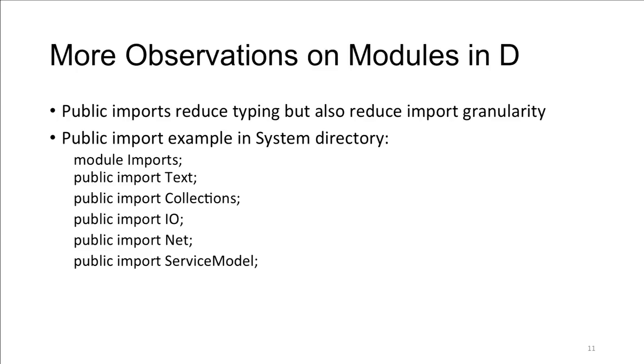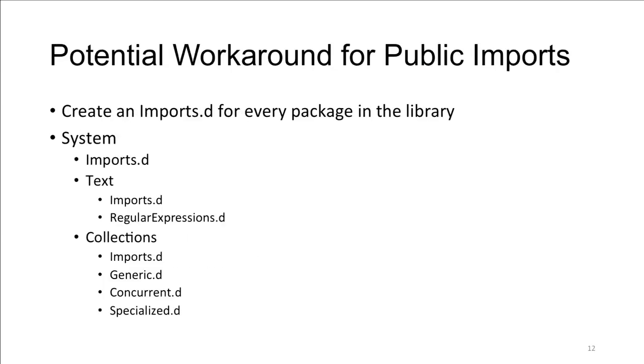And then you end up with something that looks like this: system.imports, and that will import your text package, your collections package .imports, and it will pull in all these files just kind of by the way it works. Now, this is how you would have to currently do it in D 2.062, which I believe is the current shipping version,